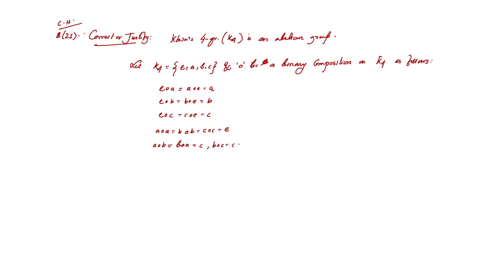b∘c equals c∘b equals a. And a∘c equals c∘a equals b. So here the binary composition is defined as follows. Then what should be the composition table? Then the composition table is